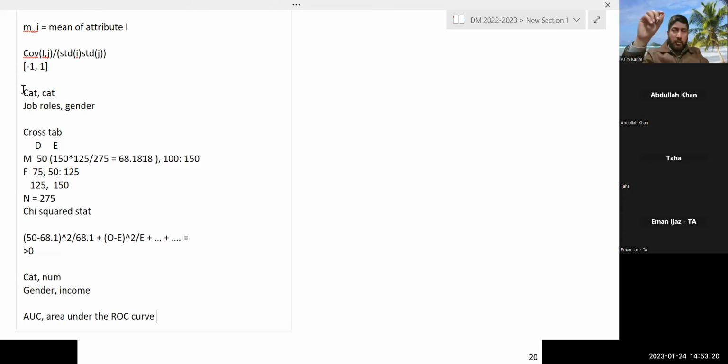बाइनरी क्लासिफिकेशन में क्या होता है कि आपके पास जो आउटपुट होता है वो कैटेगोरिकल होता है, ठीक है ना, और जो आपके पास एक एट्रीब्यूट जो लेबल होता है वो कैटेगोरिकल होता है, और जो आपका मॉडल का आउटपुट होता है वो कंटिन्यूस होता है, यूजली प्रोबेबिलिटी या कोई स्कोर होता है। स्कोर इज न्यूमेरिक एंड योर क्लास लेबल इज कैटेगोरिकल, इसलिए वहाँ ये यूज़ करते हैं फॉर डिटर्मिनिंग द परफॉर्मेंस ऑफ द क्लासिफायर। यहाँ हम सिंपली यूज़ कर रहे हैं टू डिटर्मिन द रिलेशनशिप बिटवीन ए न्यूमेरिक एट्रीब्यूट एंड ए कैटेगोरिकल एट्रीब्यूट, ठीक है।